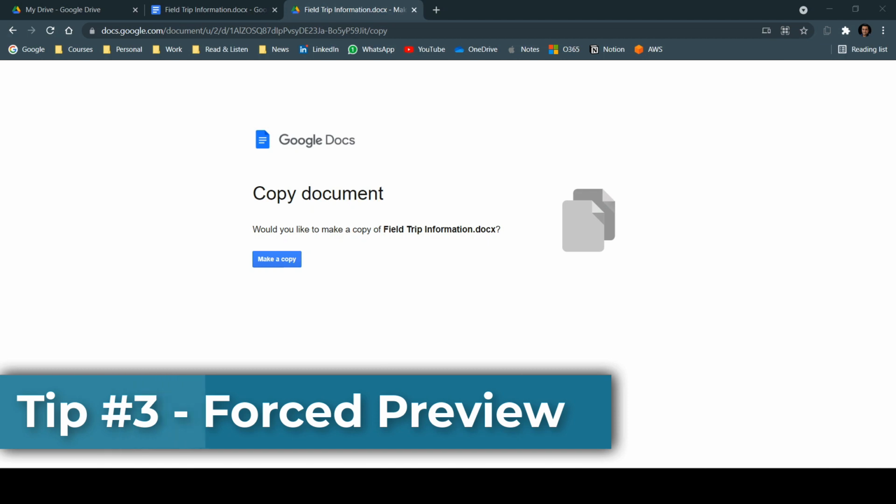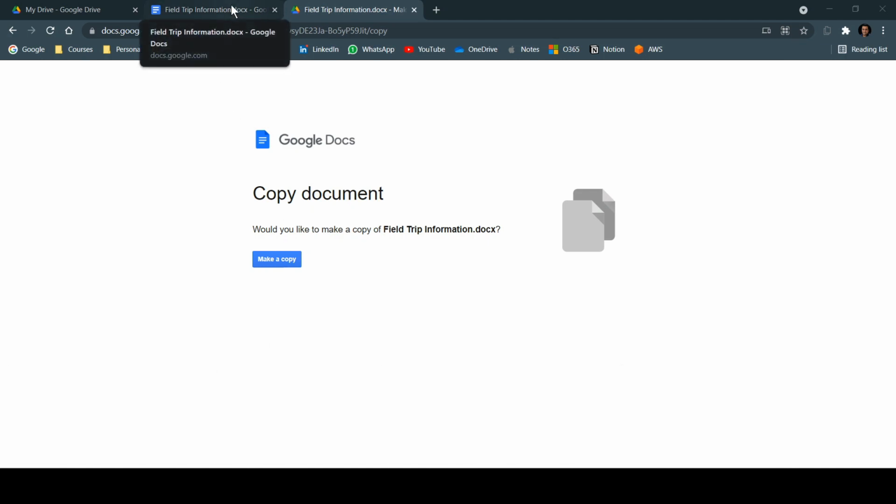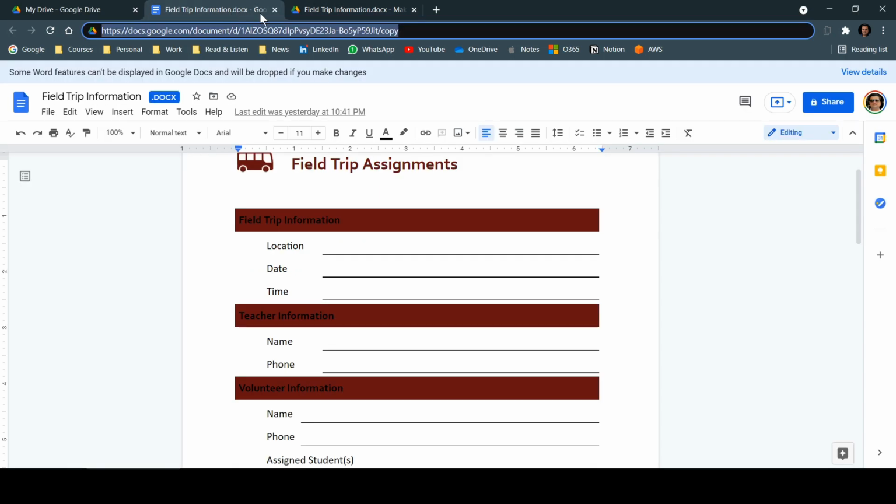Now let me show you what I'm talking about. If I go back to that particular tab of the file which I opened earlier, here last time we typed copy. Now think about a situation where you prepared one document and you want no one else to change it. They can only view that file and may come back with their feedback. So what can we do here?